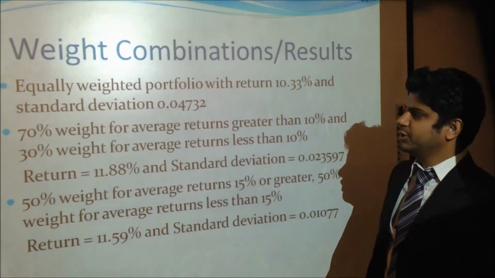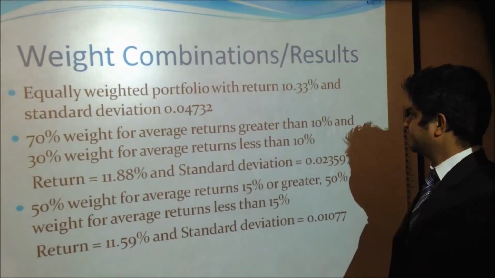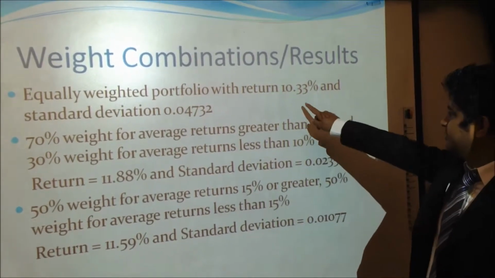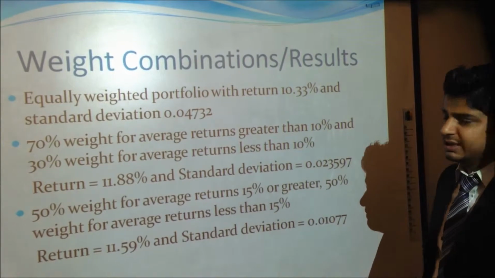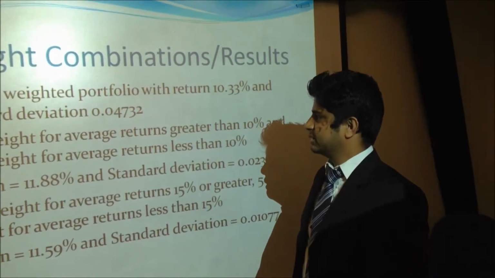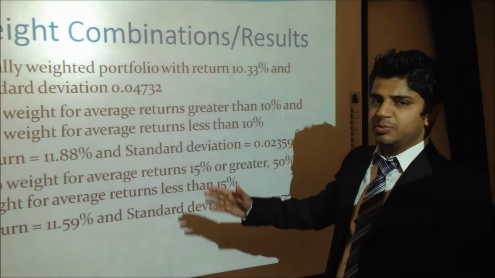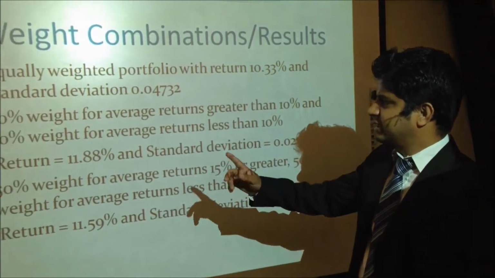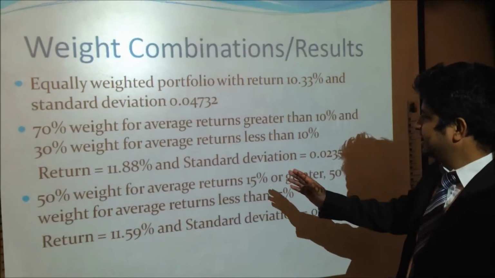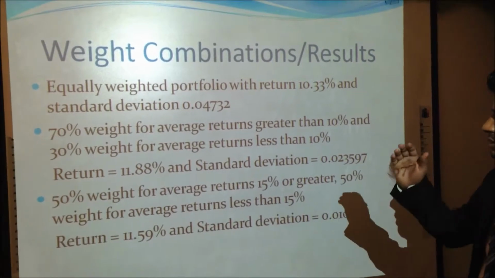So the first portfolio was an equally weighted portfolio where every company had equal weights, and I got the return to be 10.33% and the standard deviation of 0.04732. Likewise, in the second portfolio, I assigned 70% weight for companies having average returns greater than 10% and 30%